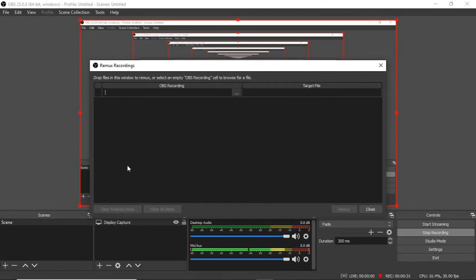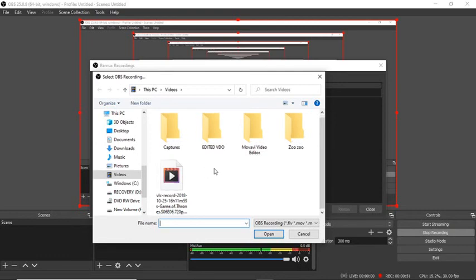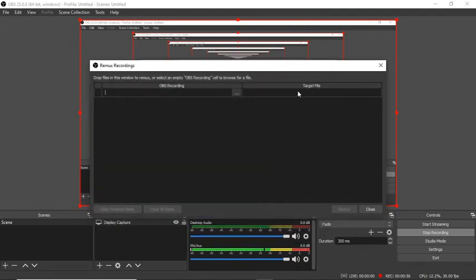There will be a prompt window where there will be 2 tabular columns. One tabular column will read OBS recording, the other one will read target file. So there is a cursor blinking in front of you. You click on the 3 dots over here. It's a button, right? You click on it. What will happen is that it will take you to the place where the recording has happened. So let's say that you have completed a recording and then you click on it, and as soon as you do that, it will prompt you. Another prompt window will open in front of you, asking whether you want those videos to be converted into a particular format, and that is what it will be doing.